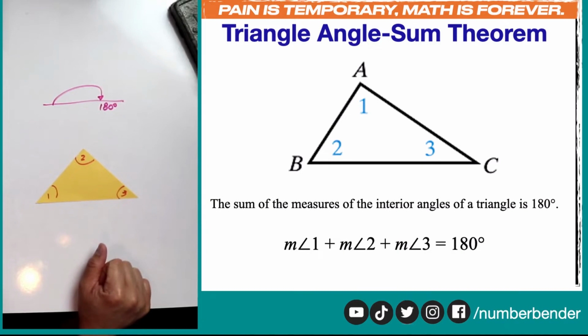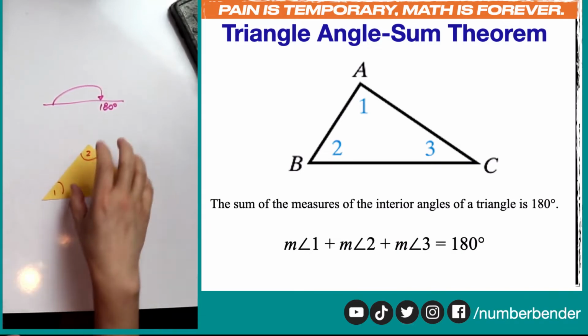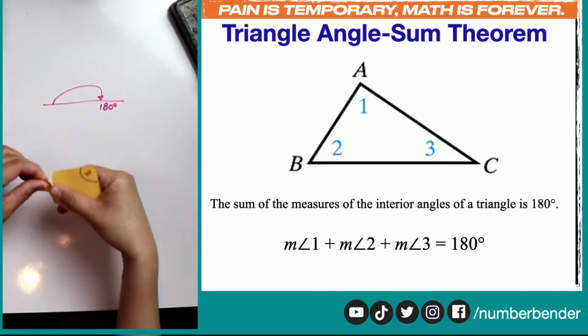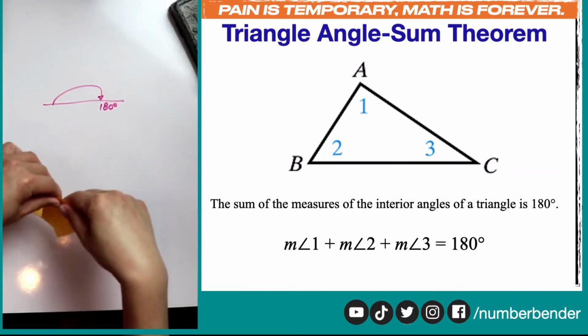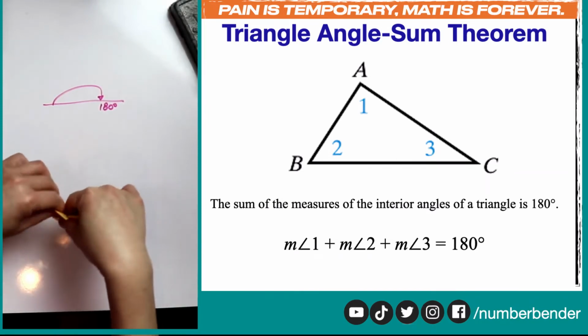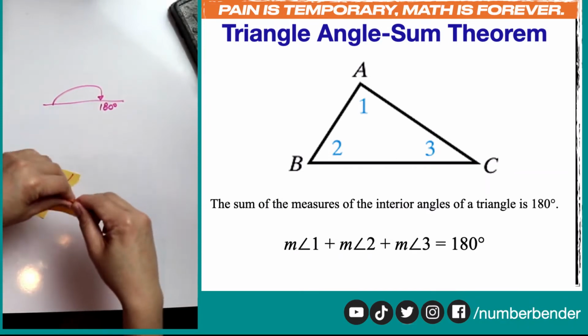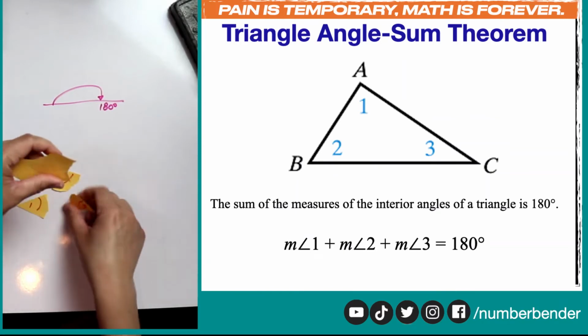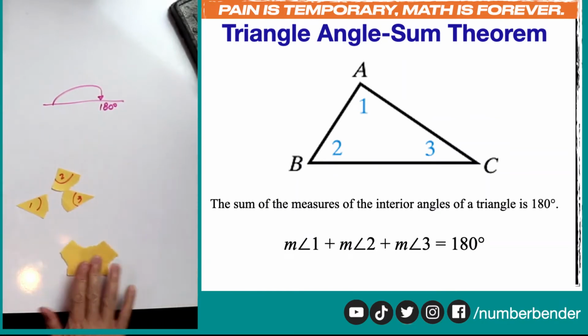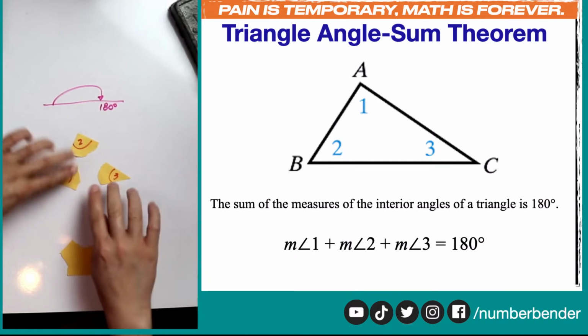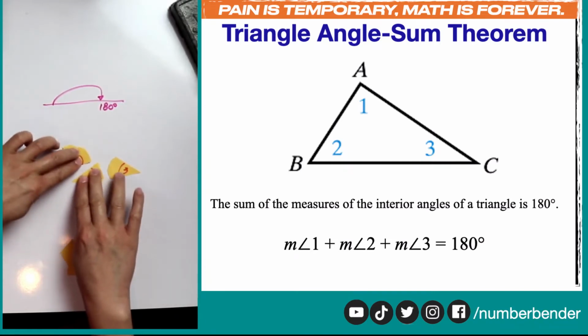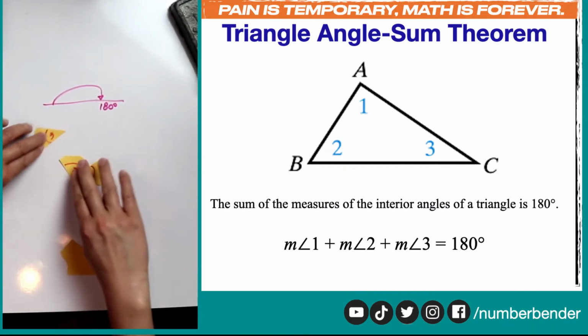So how are we going to show that using our triangle? So let's cut the corners, and let's see if we can create a straight line by combining all this triangle right here. So to do that, let's move our angles around,